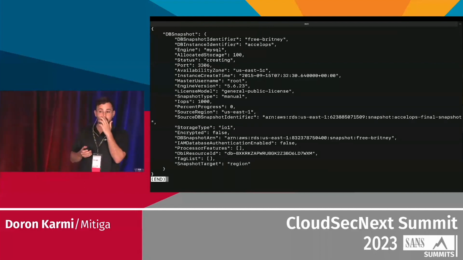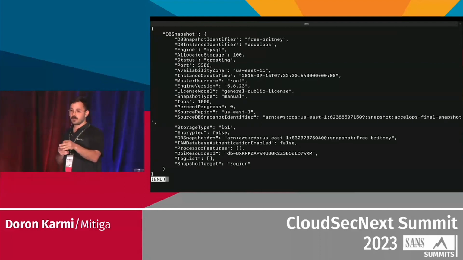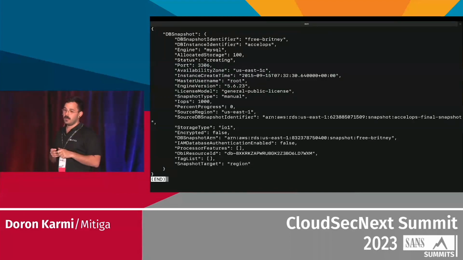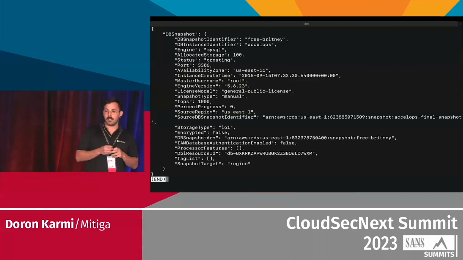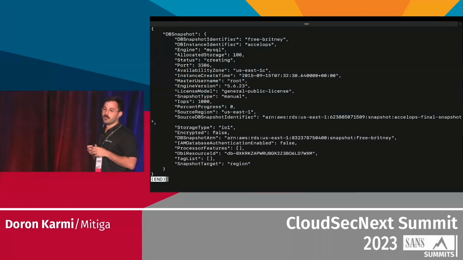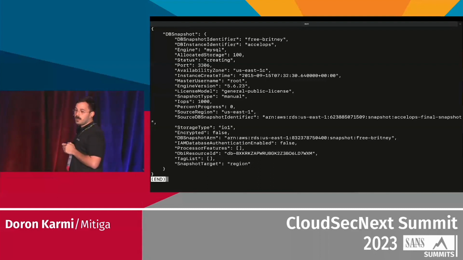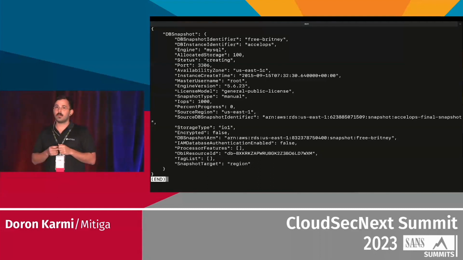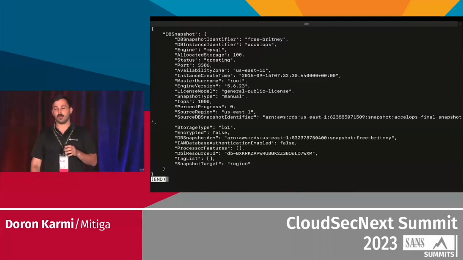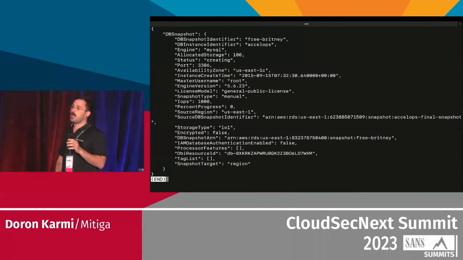Another thing that is important is to see that there are details here, and those are the details of the snapshot, but some of that information is the details of the DB itself, the original DB. For example, you can see the creation time of the DB, and you can see this DB was created in 2015. And also we can see the master username. The master username is the username of the DB. In this case, it's root, but it's important to understand that sometimes the name could be indicative of the company